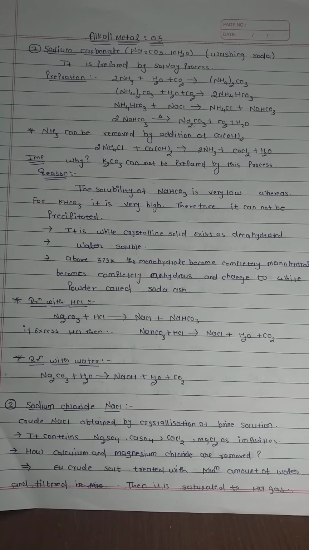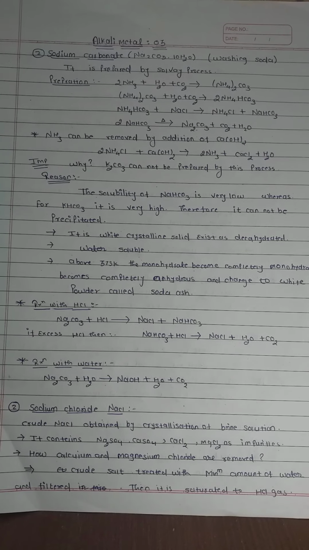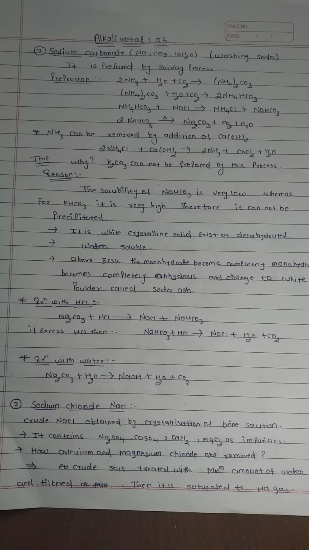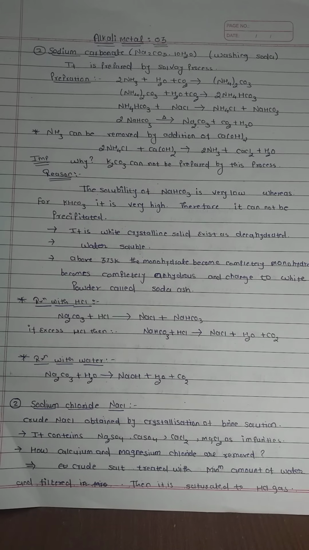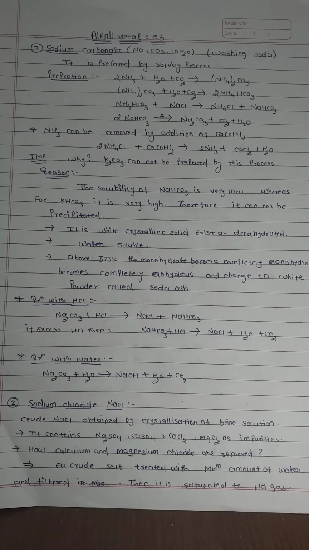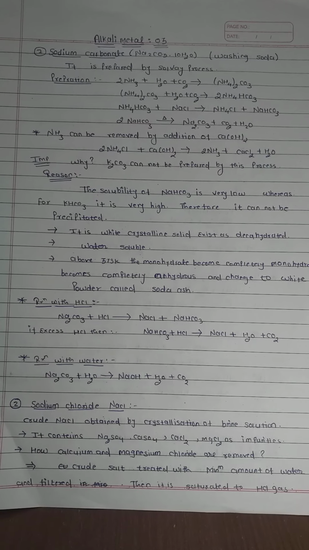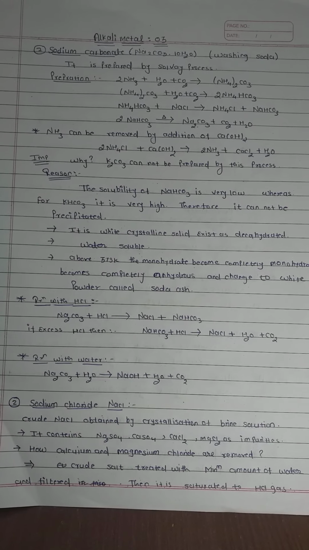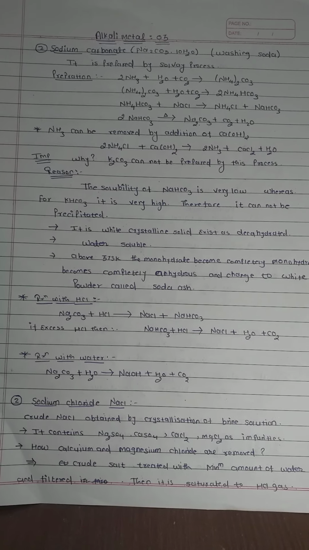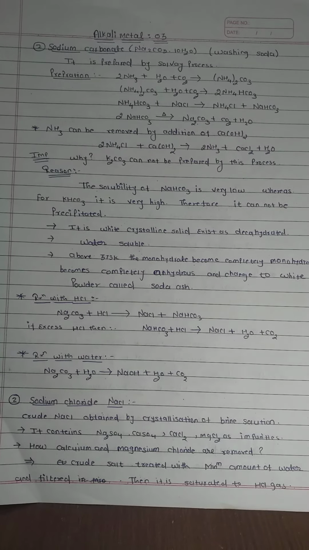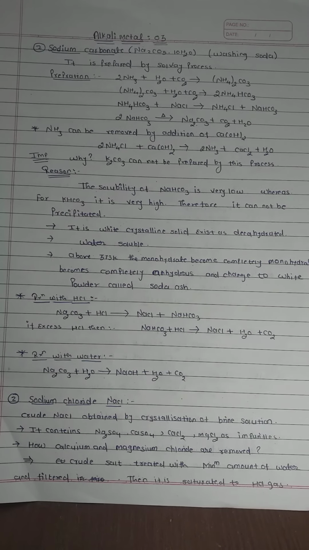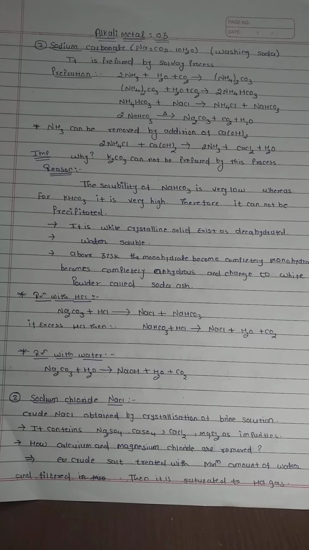Here is an important point: NH3 can be removed by addition of Ca(OH)2, that means calcium hydroxide. For that, the reaction is: when ammonium chloride is made to react with calcium hydroxide, it forms ammonia with CaCl2 and water. So here an important conclusion arises, that this Solvay method cannot be extended for formation